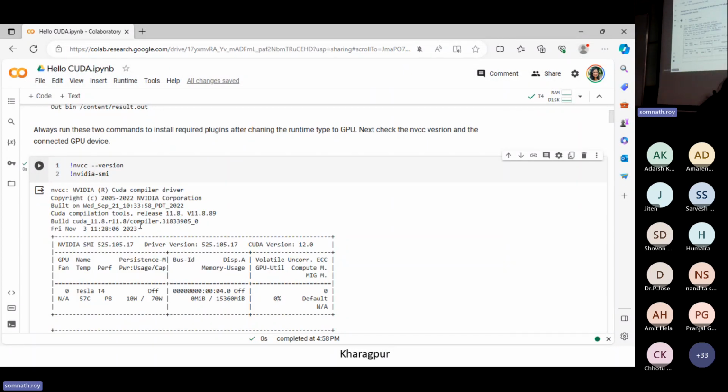So for me, it is NVIDIA SMI 525 and CUDA version is 12. The GPU is Tesla T4. Did everyone get the same GPU, or there might be some difference because a lot of people are accessing this Tesla T4? Everyone got Tesla T4. So in case sometime you are using Colab, it may happen that you get a different GPU, not Tesla T4, or some older GPU,